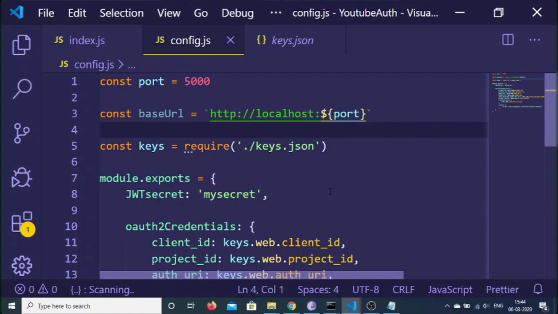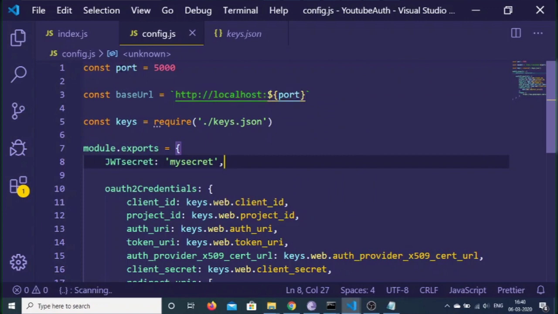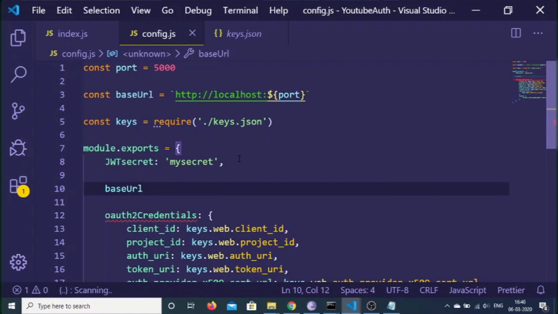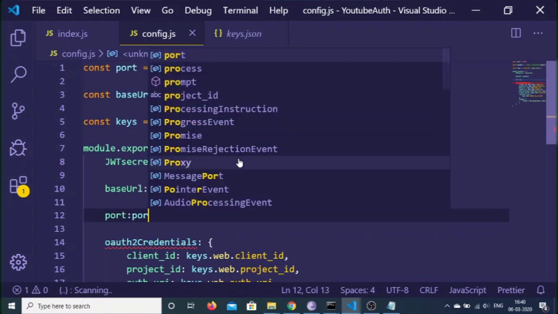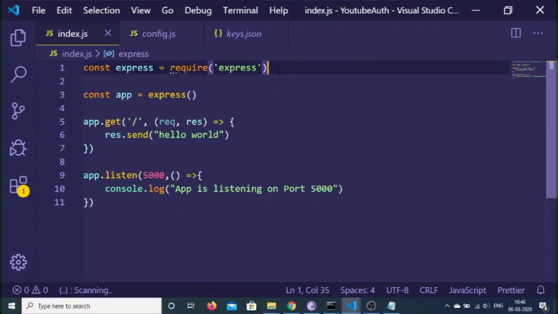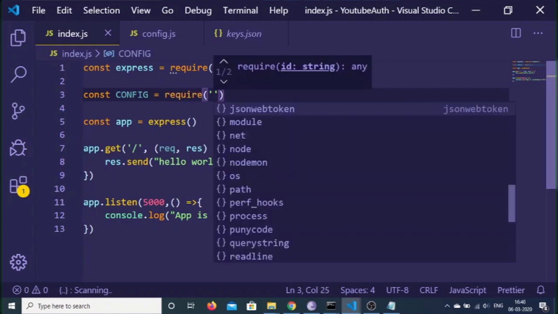and now we just need to import this file inside our index.js. So before importing this file, guys, we also need to export these two properties, which are port number and base URL. So just inside this, we will be declaring this base URL property and initializing it, and put a comma and also pass this port number as well. So just after it, put a comma here. That's it. So the config.js file is complete. Now we just need to import this file inside index.js. We need to require this file ./config,